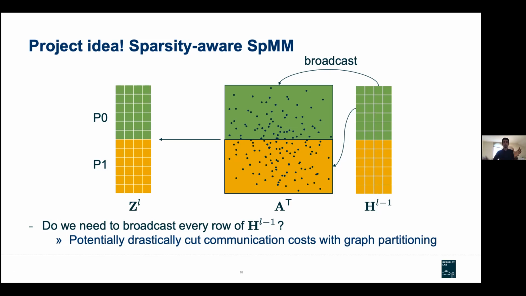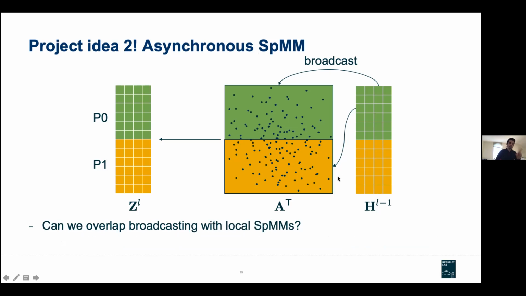And by doing this, we can drastically reduce the communication volume for our 1D SPMM algorithm. So that's one project idea. The second project idea is essentially to implement an asynchronous SPMM algorithm, where right now, essentially what happens is we